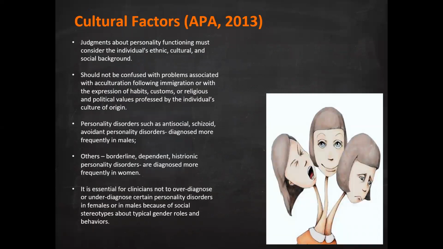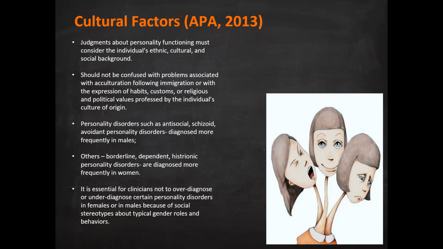According to DSM-5, judgments about personality functioning must consider the individual's ethnic, cultural, and social background, and should not be confused with problems associated with acculturation from immigration or with the expression of habits, customs, or religious and political values professed by the